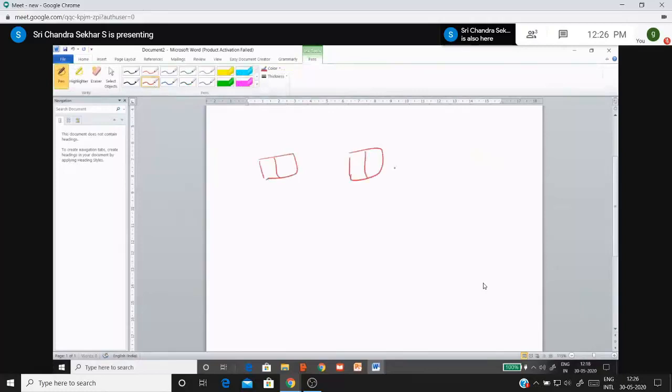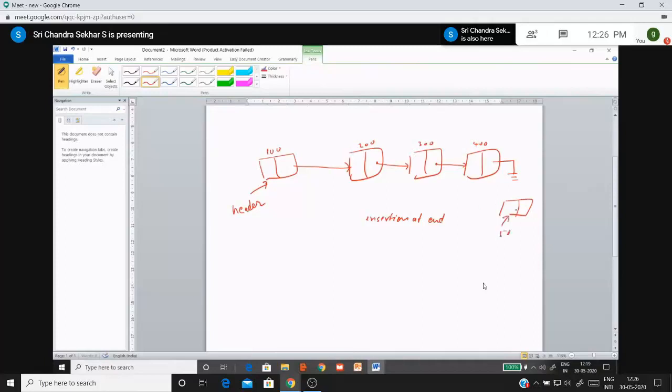Listen, this is a very important concept, and the last concept I am going to discuss in this class. So this is null. Right. So the operation is insertion at n. Insertion at n. What you have to do, you have to create a node. It will have some value, address of 50, and now you traverse the linked list from this